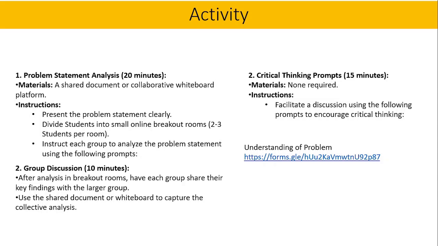Now, critical thinking prompts you may use. Critical thinking means that if n number of students are available, n number of students give n number of solutions. So critical thinking plays a vital role for every student. So you may give the time to facilitate a discussion using the following prompts. Encourage the critical thinking. Now I may give you one problem statement, I mean I give the link, you may fill it. I may give you 10 to 15 minutes, you complete that. After that I move to the next